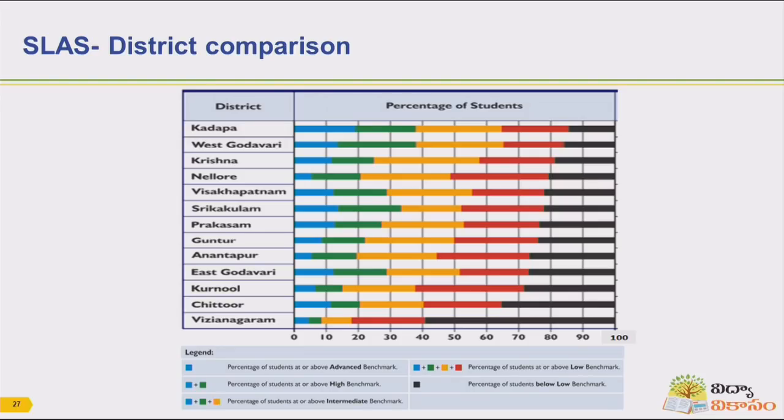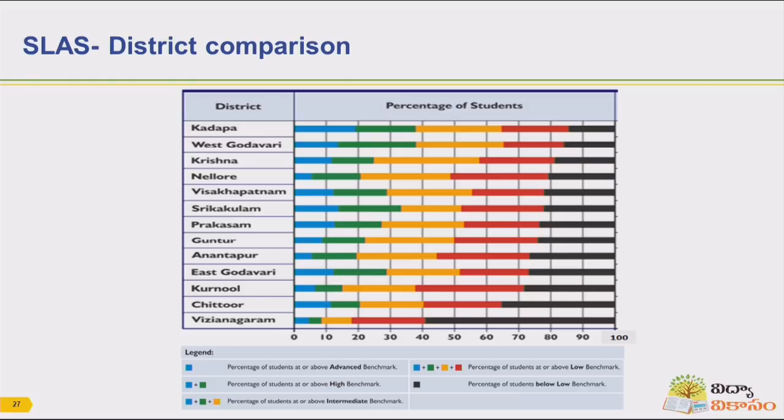When you see this district comparison, in NAS we have already seen class wise district comparison. Here in class 4, we are looking into how the districts are performing. If you see this slide, there are 5 colors: blue, green, yellow, red and black. I will give you a small example so that you understand the slide completely. For example, the top 10% performing students in our state. Let us take the example of